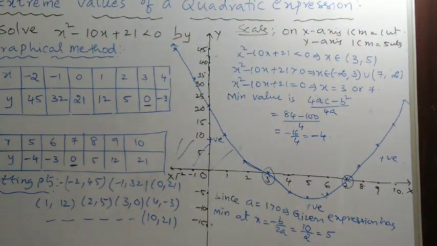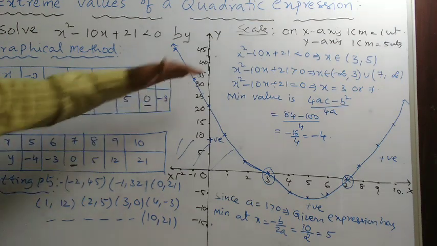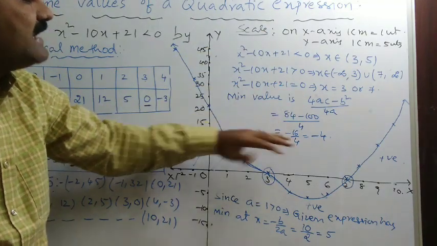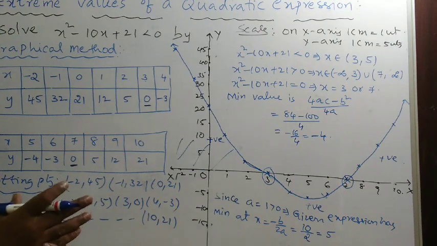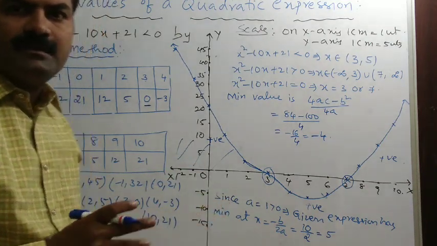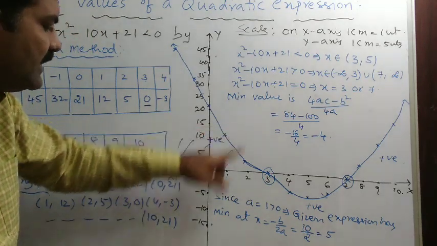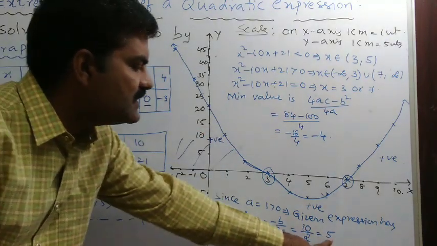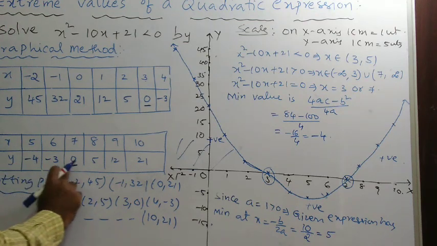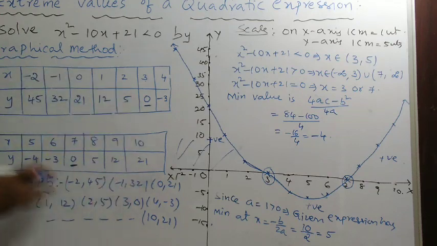So look at me, from only one graph we can discuss many issues here: where it is positive, where it is negative, where it is 0, what is its maximum value or what is its minimum value. If it is maximum, where it is maximum. If it is minimum, where it is minimum. For example, regarding minimum, we got it at x is equal to 5. Now just look at the entire tabular form. When it is 5, the value is minus 4. I think minus 4 is the least y value in the entire given tabular form.